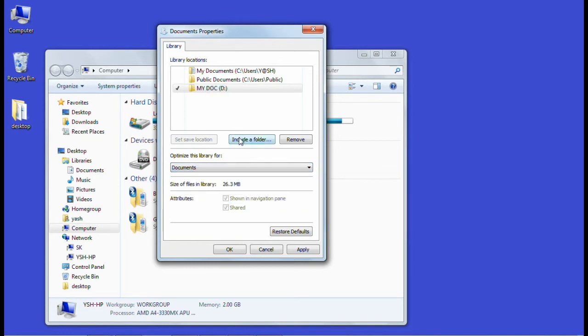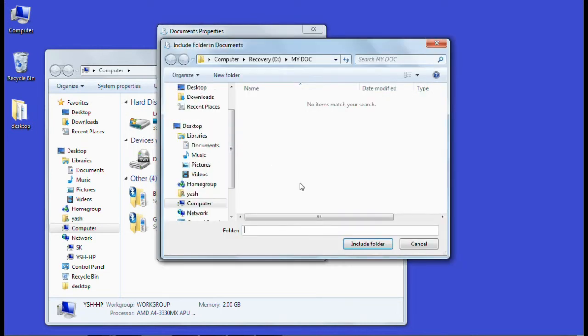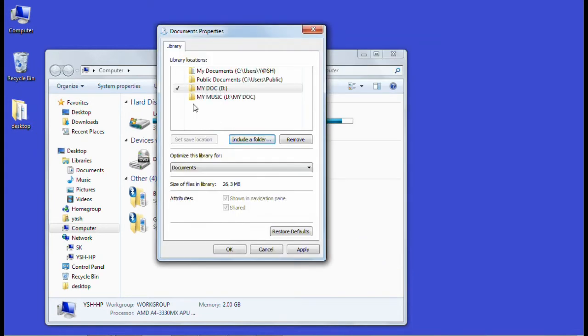Likewise, you can also create different folders in a different place. For example, I'm just creating a different folder like My Music, and saving My Music to this place.